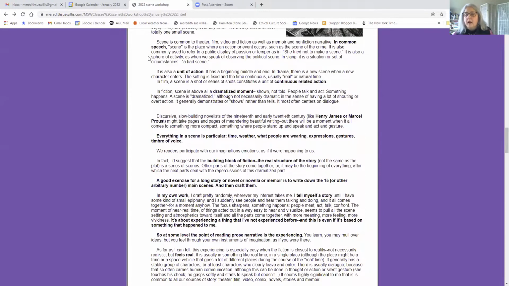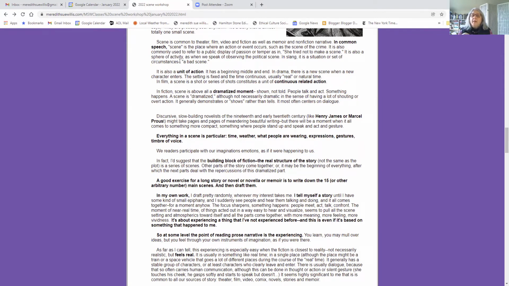I have this elsewhere, so I'm not going to say much about it, but it's a term that's common to theater, film, video, and fiction, as well as memoir and nonfiction. As you know, in common speech, we talk about scene as the place where action or event occurs, scene of the crime. It's also sometimes used to refer to a public display of passion or temper. She tried not to make a scene, but all the uses of the word have to do with something